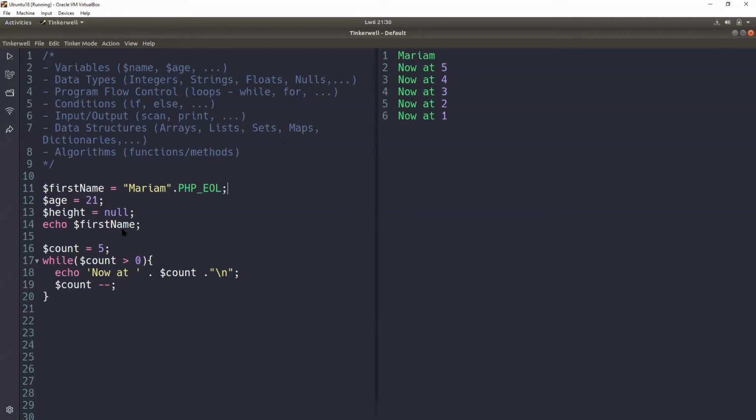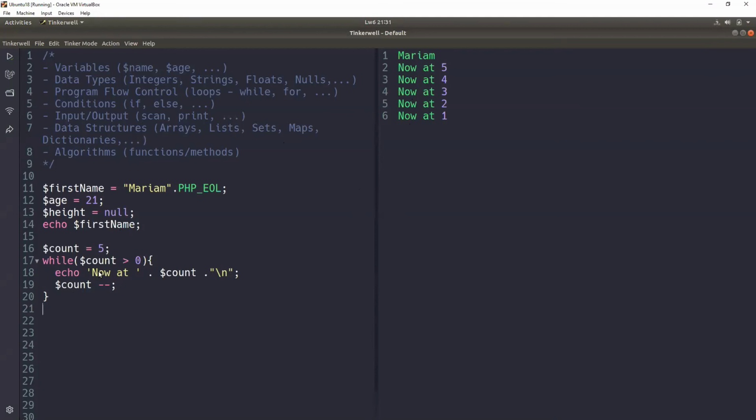Initially count is at 5, so it's true. If it is true, the loop executes. If it is not true, the loop exits.